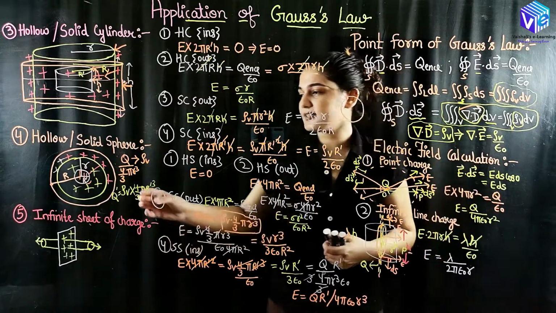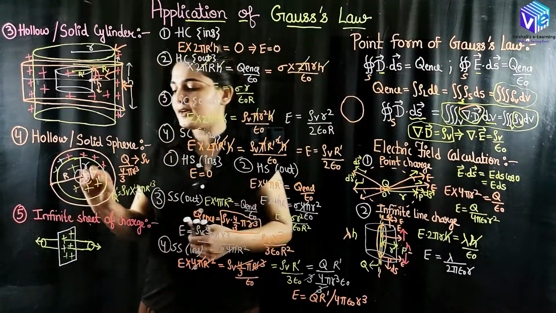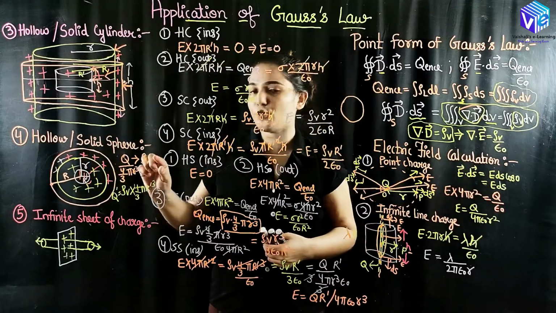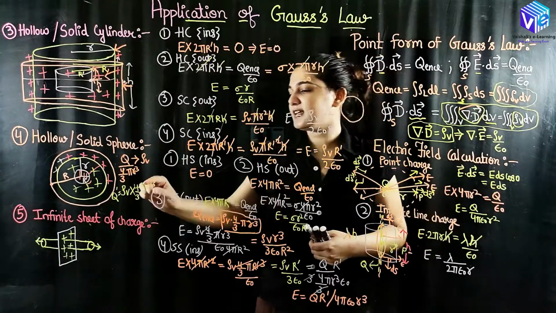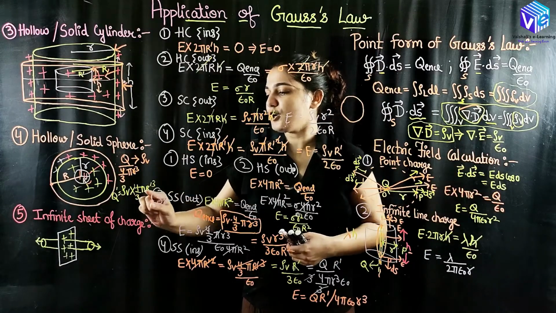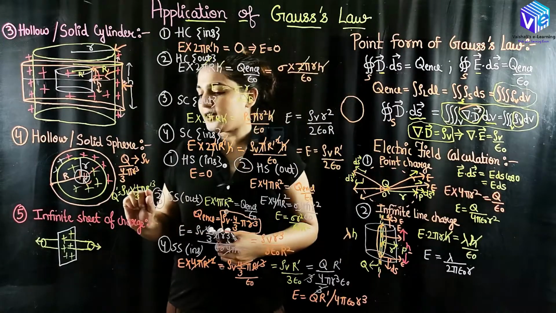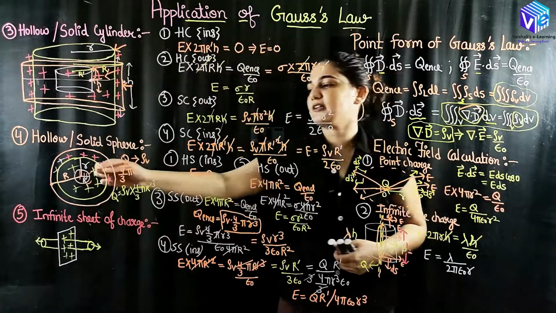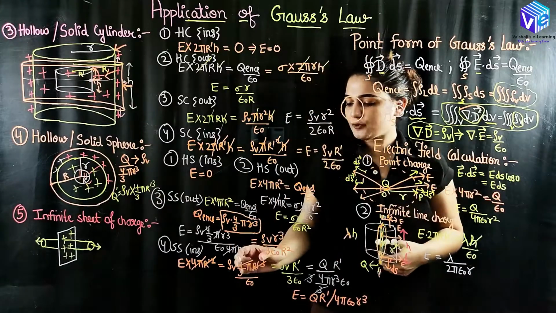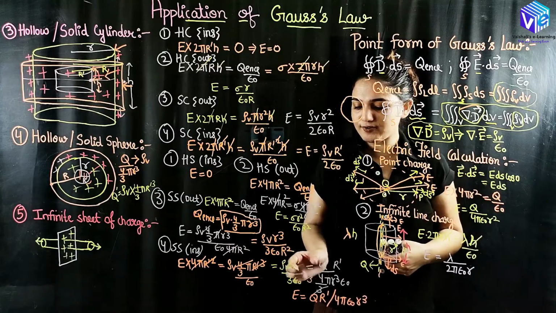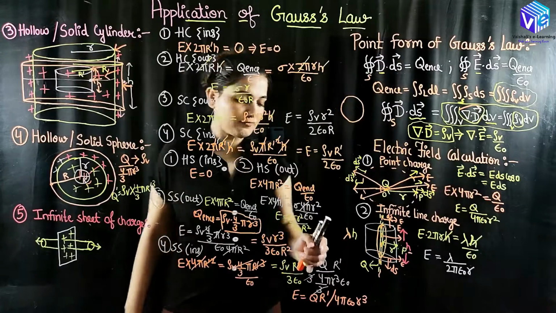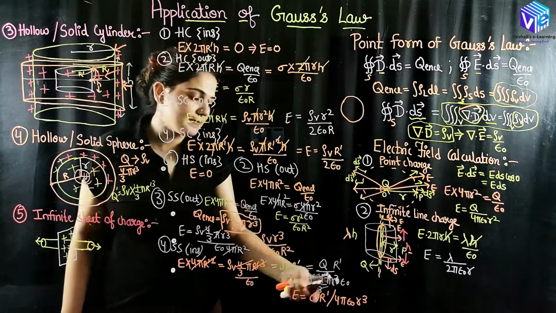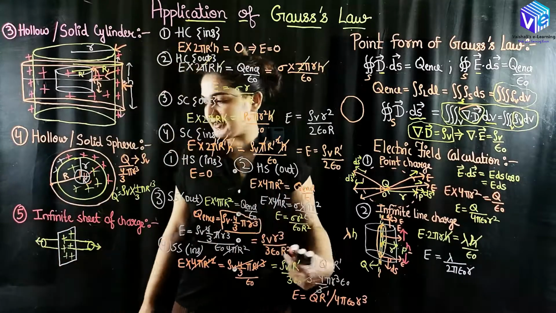Now in the last case, I know this is my small sphere, it will be containing some charge, so the charge will be found out in terms of rho v. Rho v when multiplied with the small volume, so the small volume is 4 by 3 pi capital R dash cube. When it is multiplied with rho v, I will be getting the charge enclosed in this small volume. That is what I require, so I will be putting the value of rho v as well. So when the value of rho v is put, rho v is q upon 4 by 3 pi small r cube. So here I can simplify and I can find out the electric field intensity.